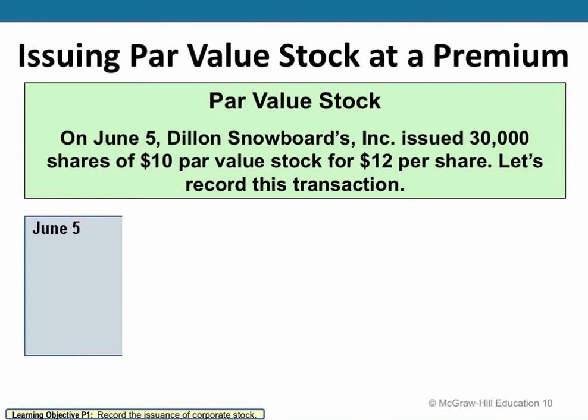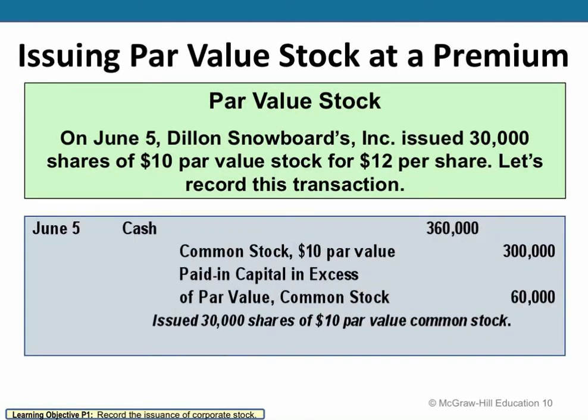Now, if we issue above the par value, which is typically the case, here we're going to have a fair market value of $12. We're still going to have $10 for that par value, and we're going to have 30,000 issued. So we'd issue 30,000 shares at $12 per share, so 360,000 would be debited to cash. We'd have 300,000 for the par value that's associated with our common stock. So we'd list that